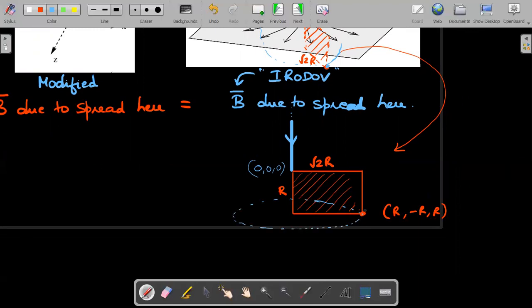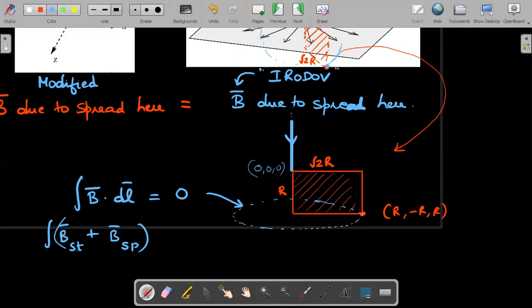Okay, so right. And can you see this Amperian loop doesn't cut any currents? Okay, so when you write integration of B bar dot dl for this Amperian loop, since it doesn't cut any current, it would be 0, right? Remember, the current that is spreading would spread off from here. It will not reach in any of this particular plane. Now, what is this B bar about? I think this B bar is due to B straight wire, ST is the straight wire, plus B due to the spread, SP is for the spread, okay? Both dot dl is equal to 0 at that place.